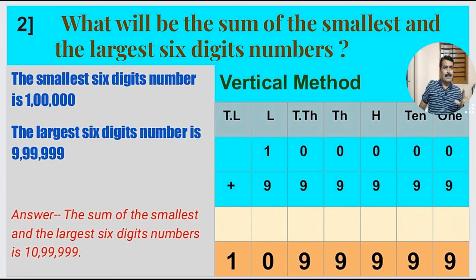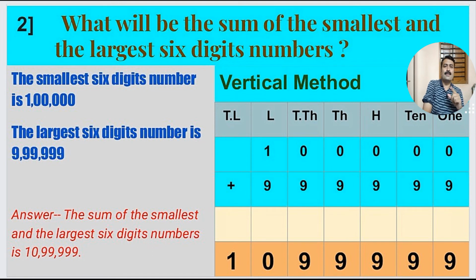We are learning in the second lesson, number work, the smallest and biggest numbers. In this example we should know the smallest 6-digit number, and the largest, biggest, greatest 6-digit number. So while starting the answer, first we have to write down the smallest and the largest 6-digit number. Look at the left side: the smallest 6-digit number is 1 lakh, and the largest 6-digit number is 9,99,999. Such two numbers we should know here.